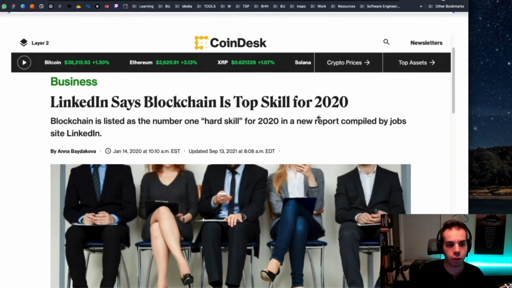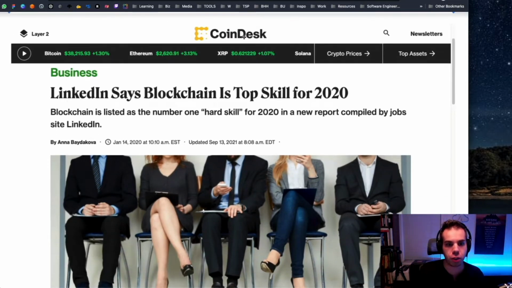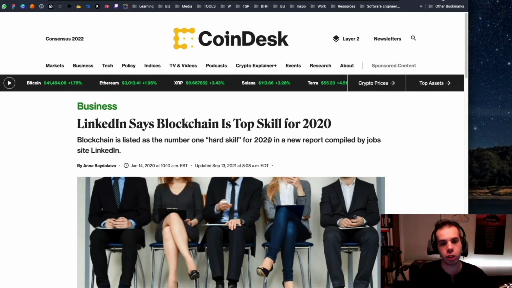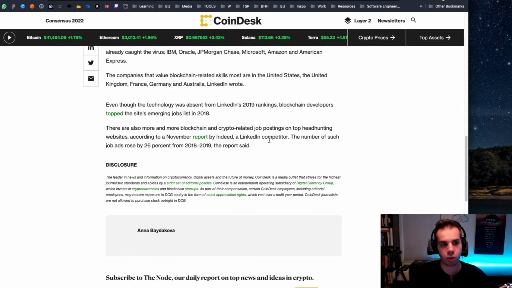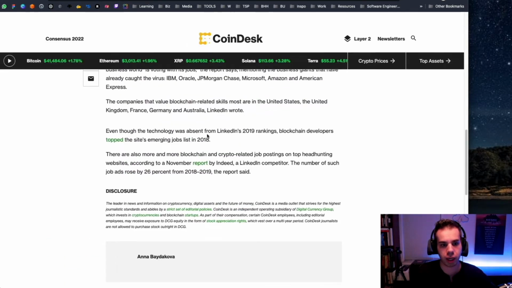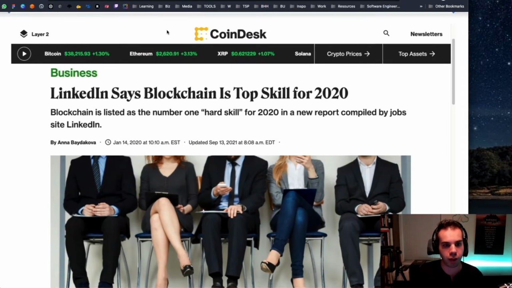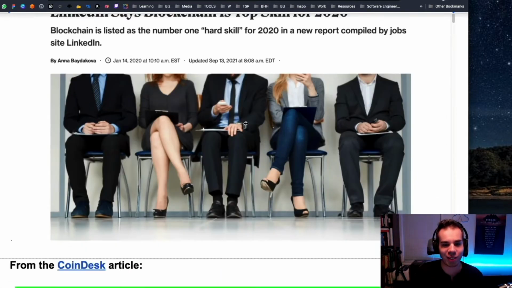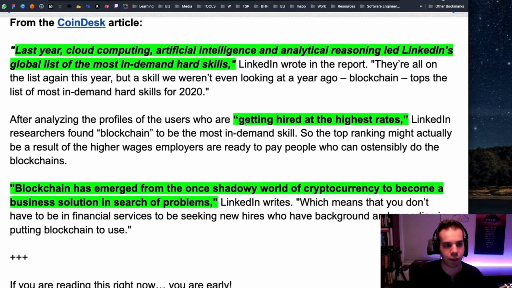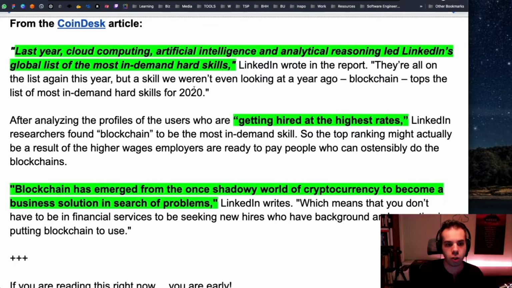I also want to show you an article that was published by CoinDesk in 2020. I'll pull it up right here, so you can see that there is this article, and it's in the business section, but I'd highly recommend checking it out. I did spare you from having to read it yourself. I do have some notes taken on it, but I wanted to highlight a few things from this article. This was back in 2020, and it was reviewing the last year.